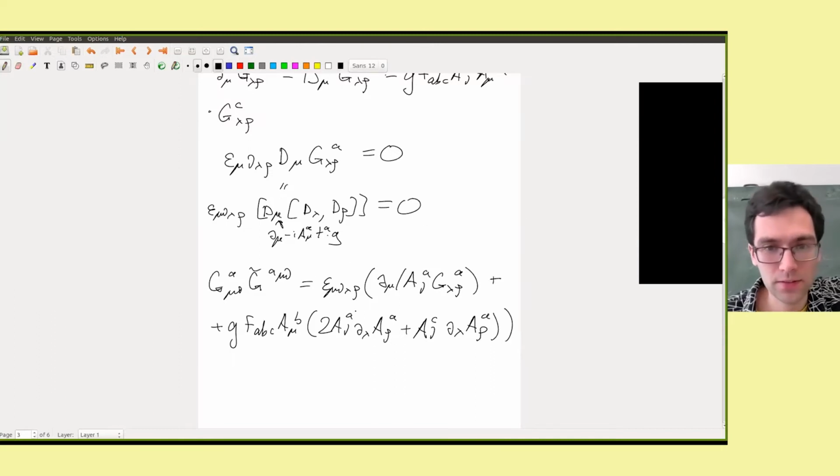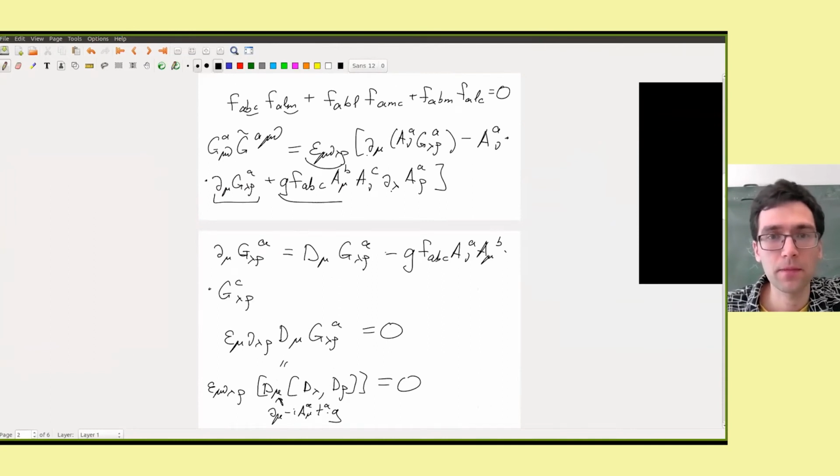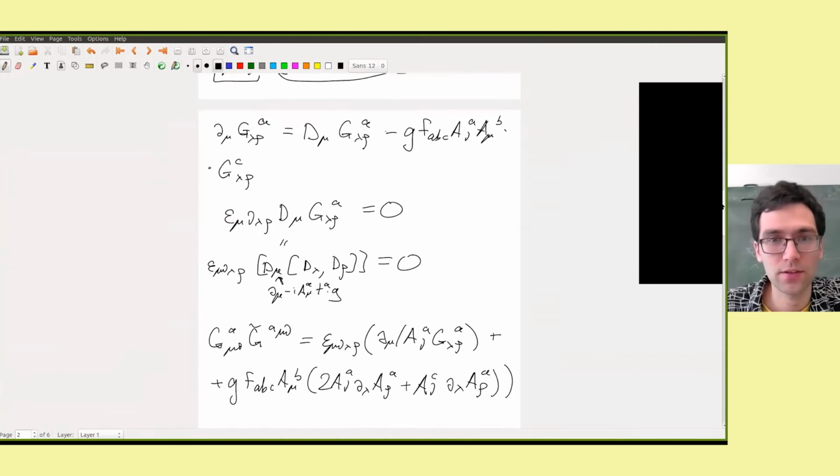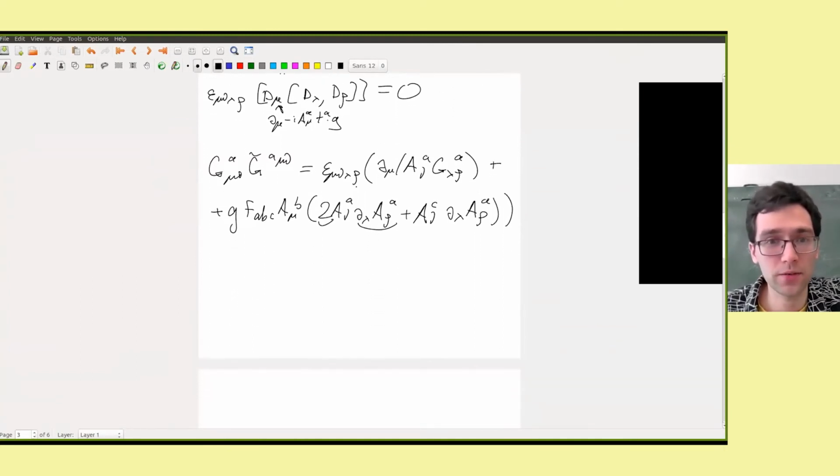Okay, so why this? So this term we already had, FABC, AB, AC, d lambda AA, as you remember from here, yes. But then we also had this term here. So again, the term with 4 A's vanishes, just as before, but here we have also d lambda A rho. So we will have a factor of 2 here because this is antisymmetric. So again, multiplied by the epsilon tensor. So we'll have a factor of 2 here, and this d lambda rho coming from this g lambda rho. So in the end, we have this expression, and this already looks much more like a total derivative,